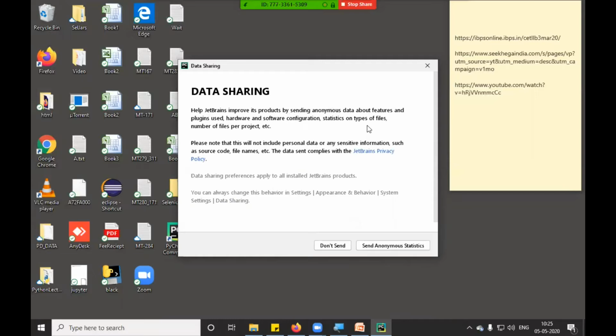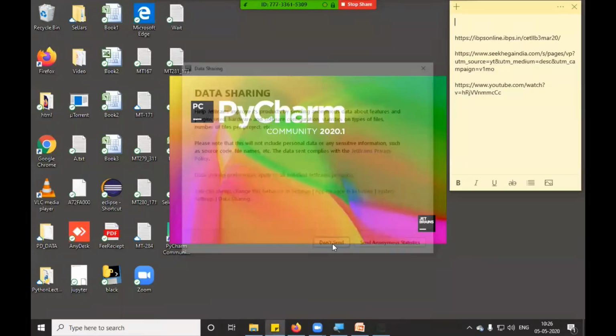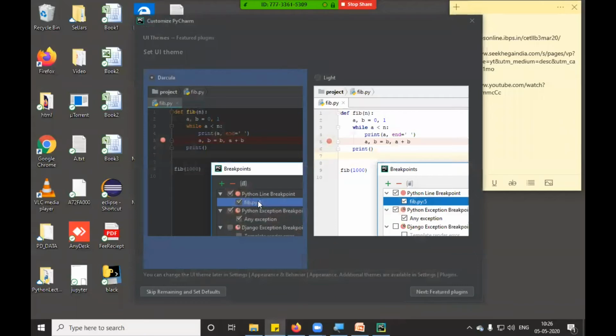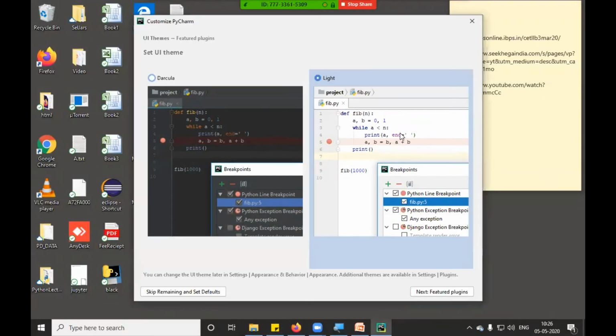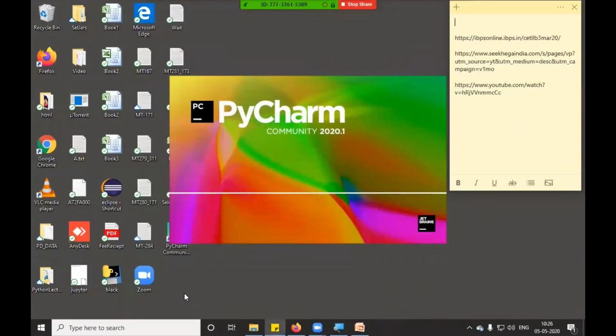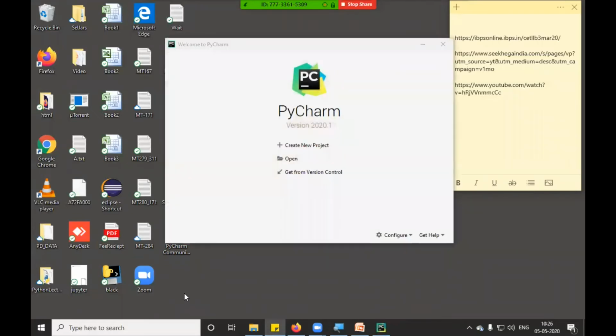If it crashes, do you want to send the data to JetBrains or not? Currently I will say don't send, and it is asking to choose the theme, whether you want to use a dark theme or light theme. So I will use the light theme, and I will say skip remaining and set as default. So that I should be able to open PyCharm.